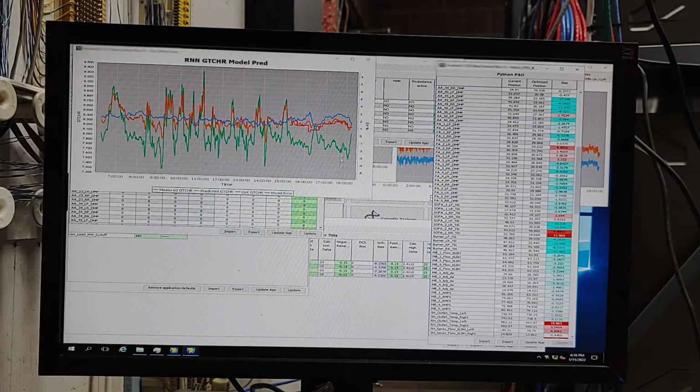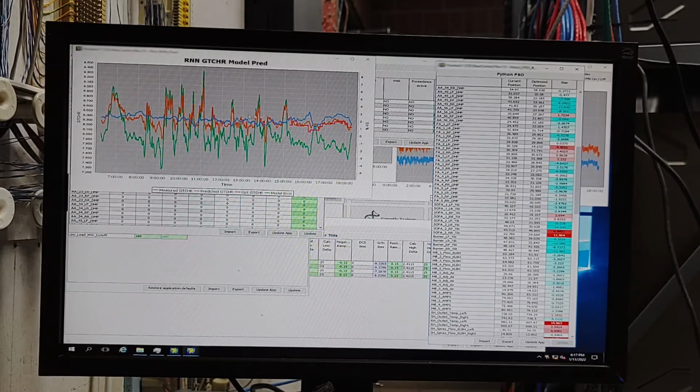This plot over here shows the real-time measurement or calculation that Griffin does for heat rate, as well as the model's prediction and the prediction accuracy of the model. You see right here that throughout most of the day there's been some tuning going on of emission systems and other parameters that have had the models a little out of sorts. But once that completed, I also had the operators fully engage the Griffin system, because part of that tuning had them disengage certain loops. When that was re-engaged here at about 5:30 or so, you see that it took 20 minutes or so for the models